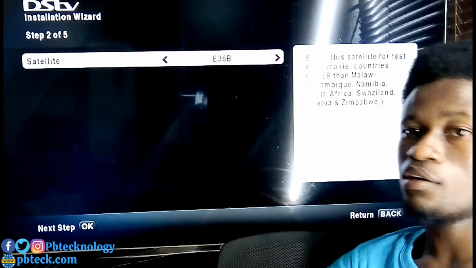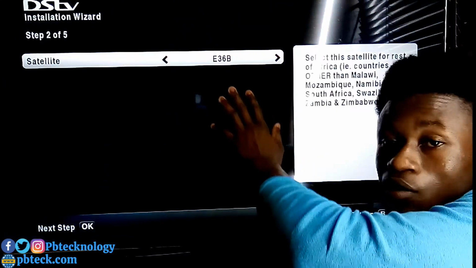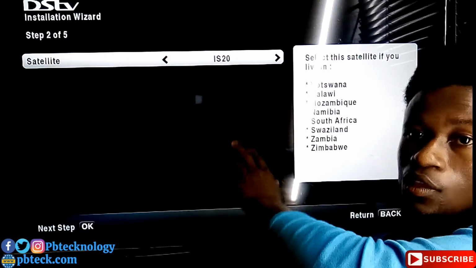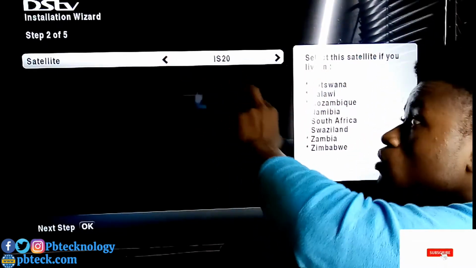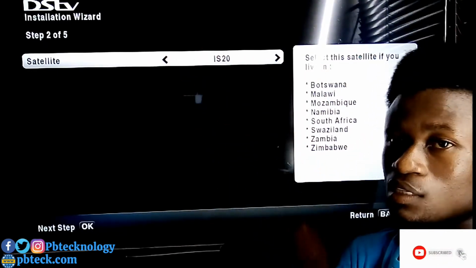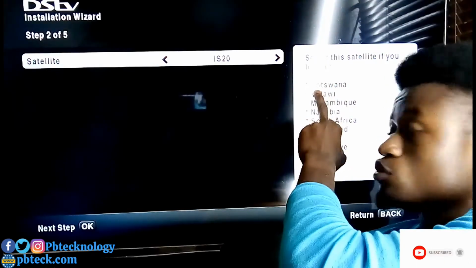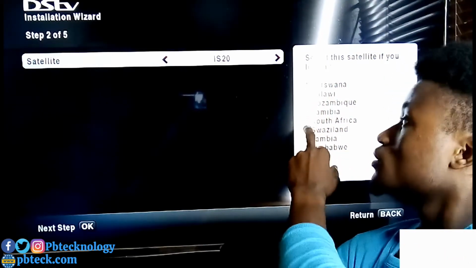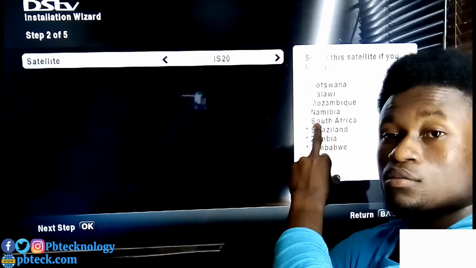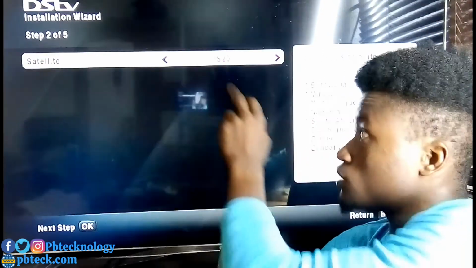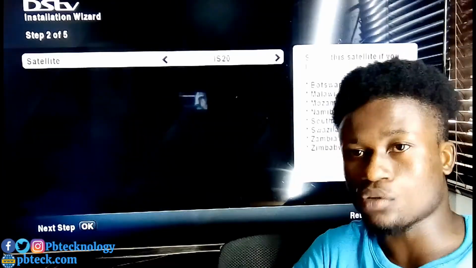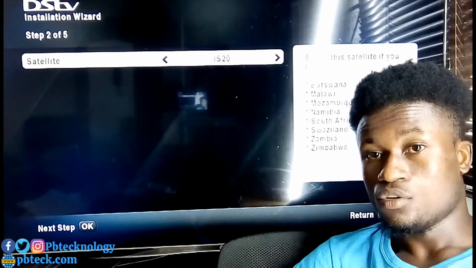When you come here on the satellite page, we have a country list with the satellite name IS20. If you are living in these listed countries, we have Botswana, Malawi, Mozambique, Namibia, South Africa, Swaziland, Zambia, and Zimbabwe, you need to select this satellite IS20, and then you move on with the steps.